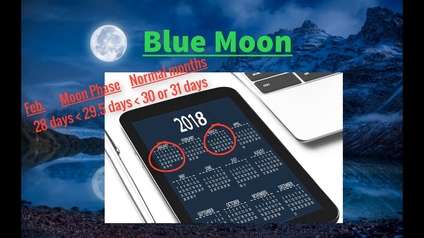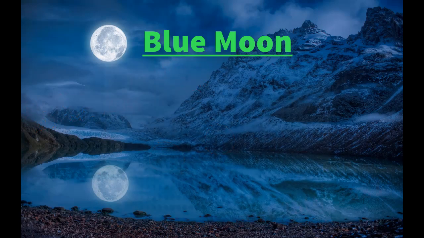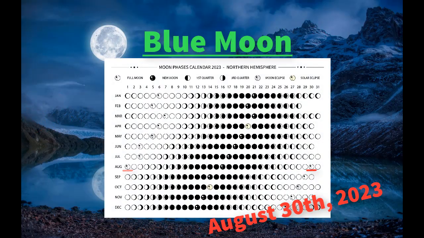And this was due to the fact that February has 28 days, which makes total sense. The lunar cycle, the moon phase period, is going to be 29.5 days. So it makes sense that having February in the middle kind of evens things out. So you're going to have a second blue moon actually. So funny how that worked out in 2018, but February makes things a little iffy then. But yeah, and our last blue moon was the super blue moon on August 30th.